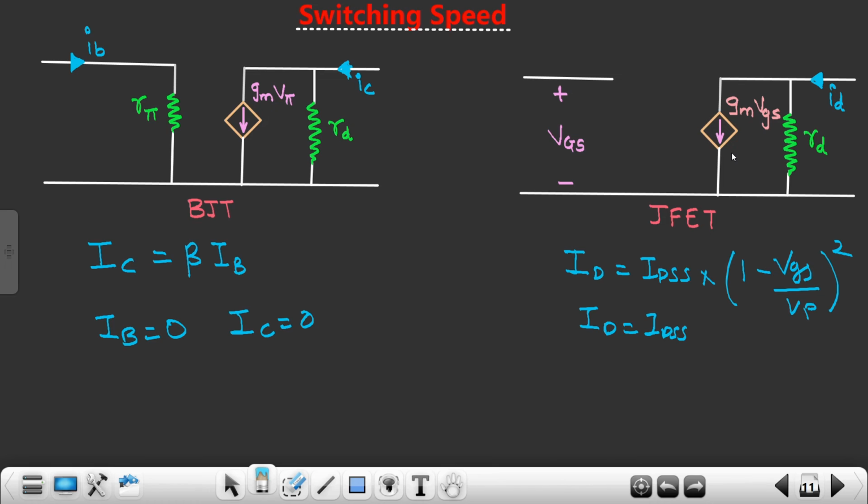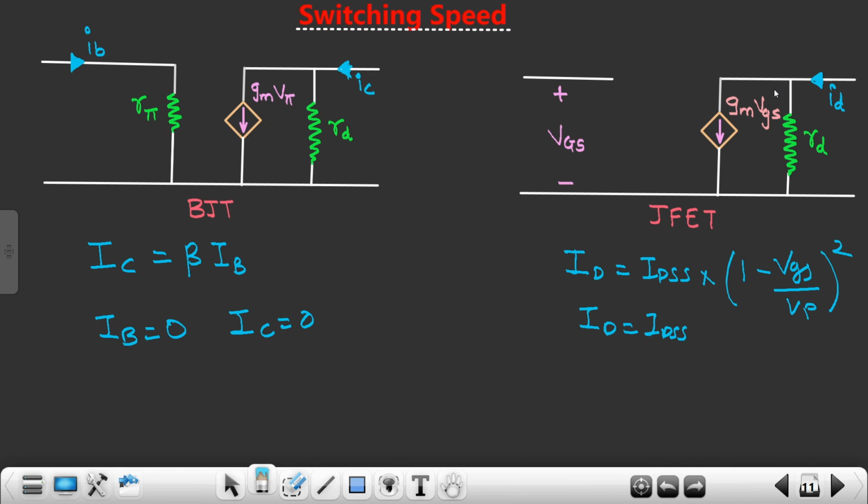For those who are unable to imagine, just consider this JFET model, or specifically VGS, as the Harry Potter. Harry Potter or Iron Man, whatever movies you like, they are just moving their hand or stick, whatever is present in their hand, and some magic is going to happen instantly, very quickly, right? Same thing is happening in case of JFET. We are changing the VGS, and very quickly, within a fraction of a millisecond,